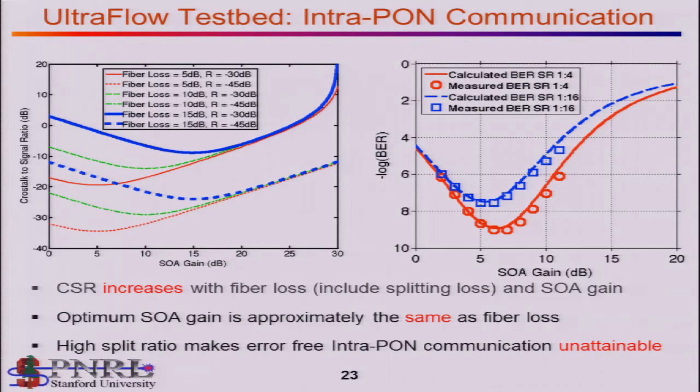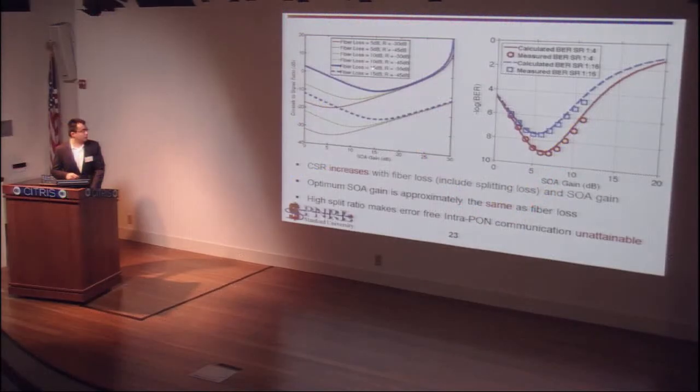So you can see on the left-hand side, we have a crosstalk to signal ratio. This is a numerical study of the crosstalk to signal ratios. And on the right-hand side, we have both measured and calculated BER for different SOA gain. The general observation is that the CSR will increase with fiber loss as well as the SOA, but